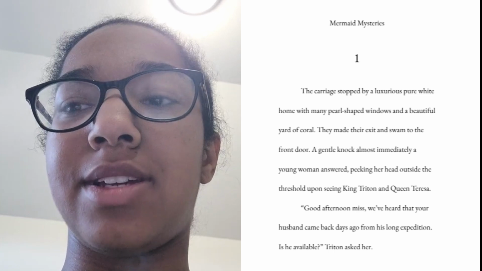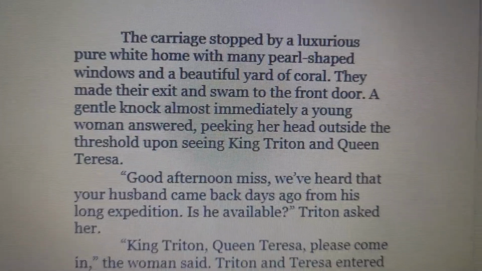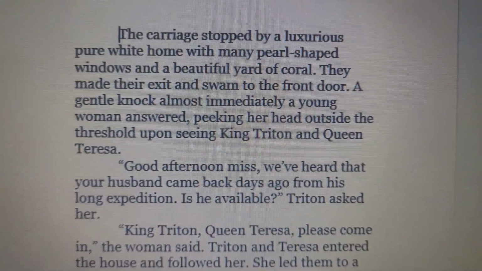Before I show you the updated format of the manuscript, I do want to mention that I changed the spacing from double space to single space. This is something I did not know until I watched a video about formatting, and you're not supposed to double space it. I'm going to show you a before on the screen, and the after is right here. As you can see, it is single space and more traditional.